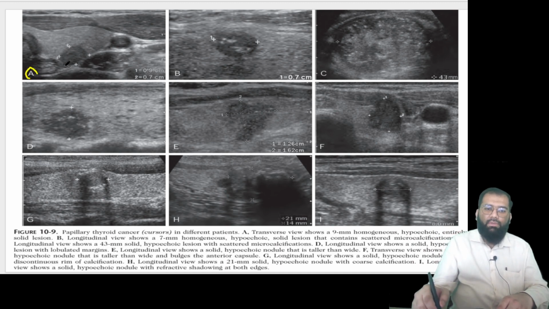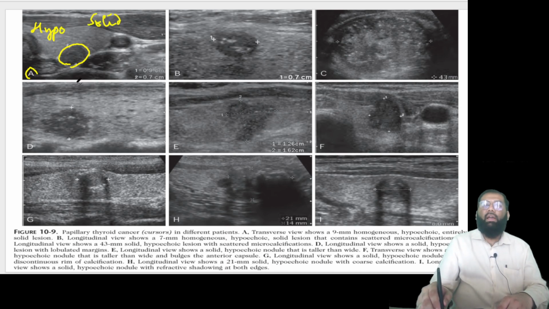So here you are able to see a very well defined hypoechoic solid nodule. So the most important features are that this is hypoechoic and solid. So whenever you have a hypoechoic solid nodule, always get an FNA done to rule out papillary CA. Okay,